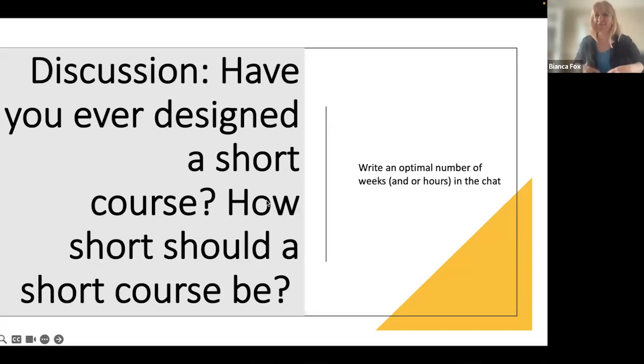But before we start telling you about our journey and how we designed a short course, I thought we could start with a discussion that I think Adam will lead. Yeah, so for this, and if this discussion goes on for too long, you'll see me disappear because I've got to go after 20 minutes to a very interesting meeting about apprenticeships and how we're going to further develop that. So that's also course development.